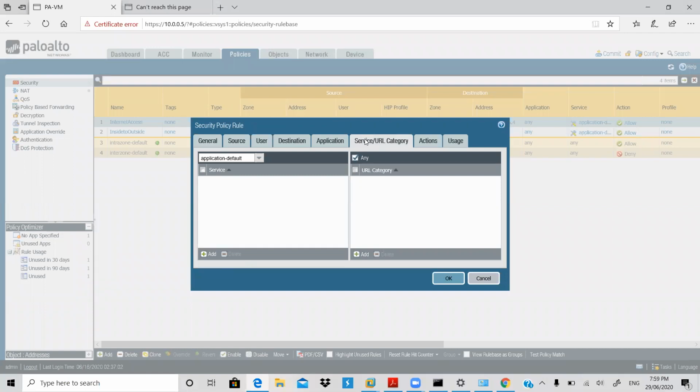Here we go to services and categories. And here you are getting server services, my service HTTP. Type service HTTP, add it. Yes, correct, very good. Then after, commit it.